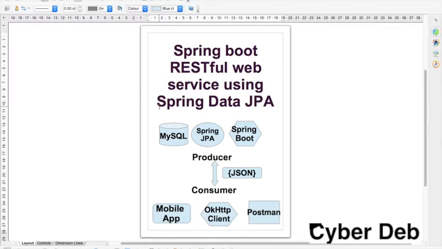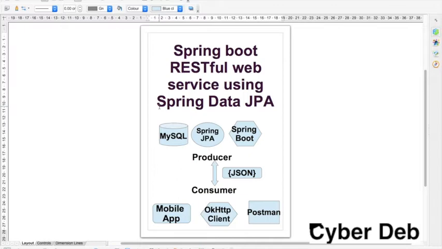So let us come to the topic which we are going to discuss today. Today's discussion is the enhancement of the previous discussion, that is, the Spring Boot RESTful web service. In the previous video, which I will put in the description box, we created a RESTful web service without using any database, without having any dynamism.